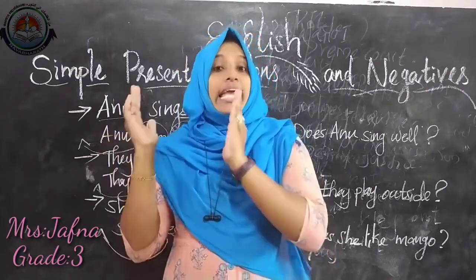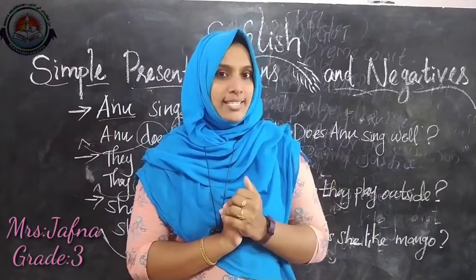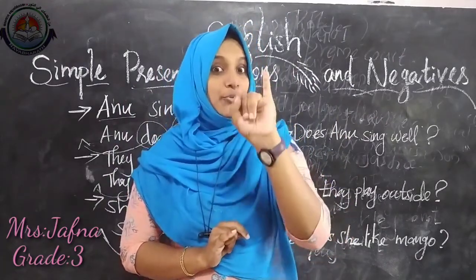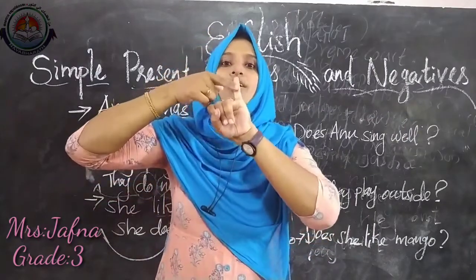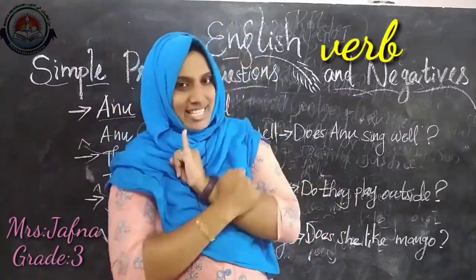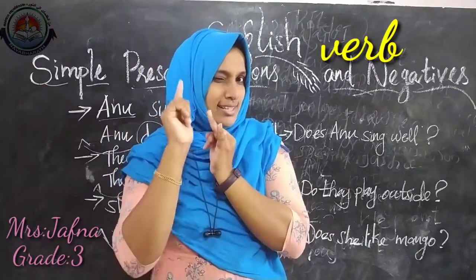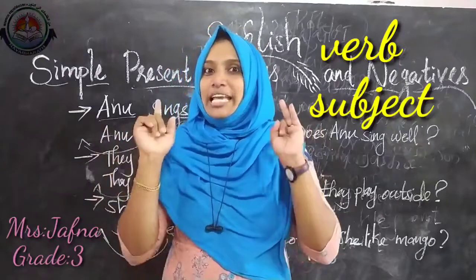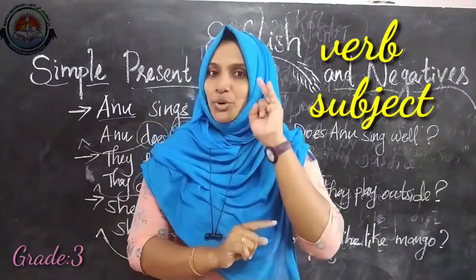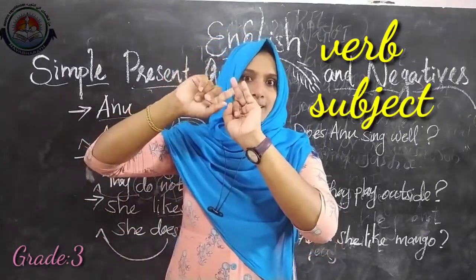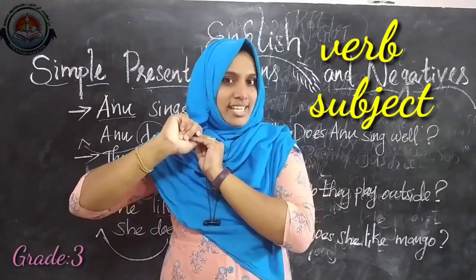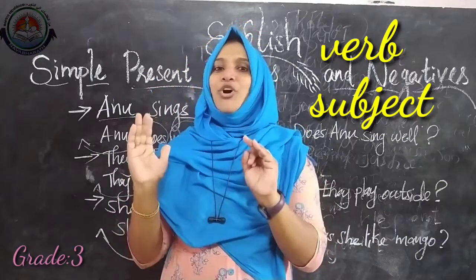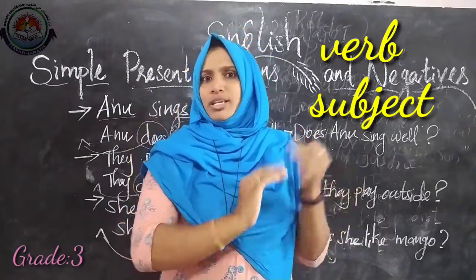If you are given any simple present tense sentence, what will you think first? Yes, first you will think about what the verb in the sentence is. The next one is the subject. Yes, of course, it is the subject. You have to find out what the subject in the sentence is. Then we will use do not and does not in the sentence.